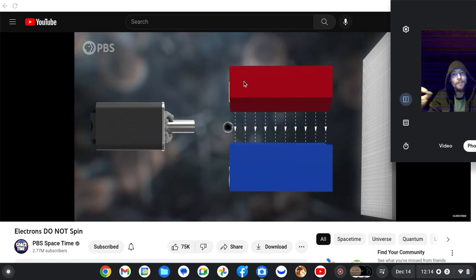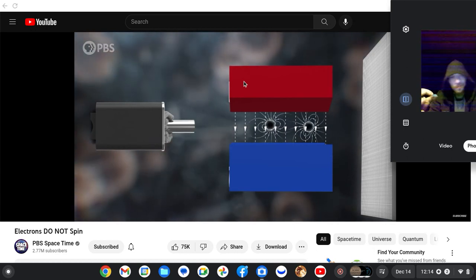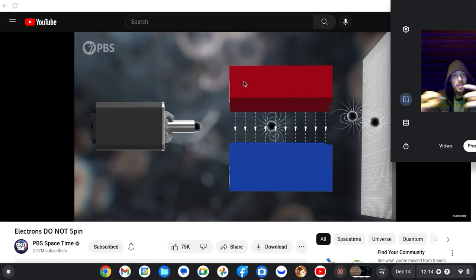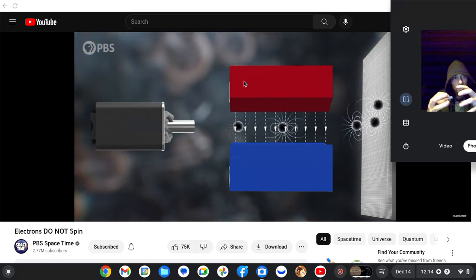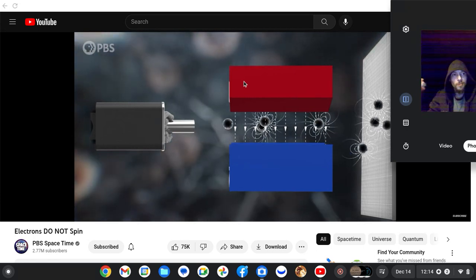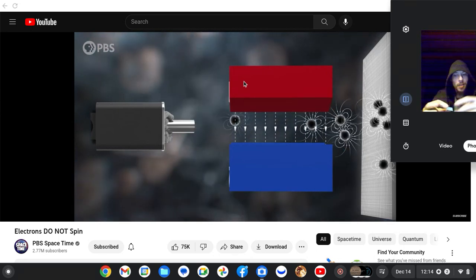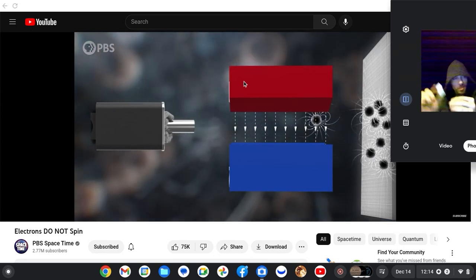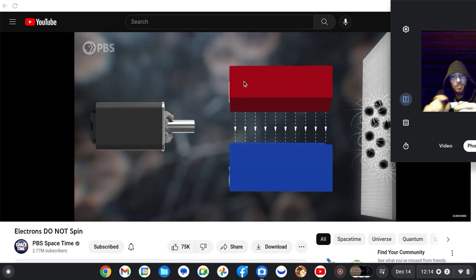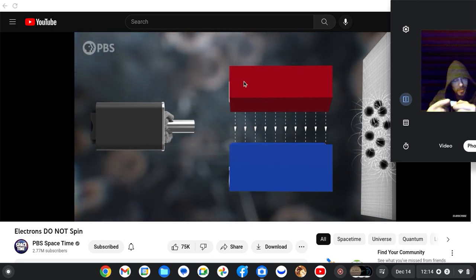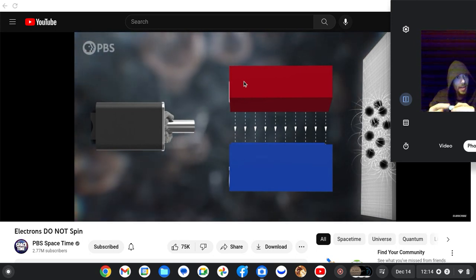So, from a stream of silver atoms with randomly aligned magnetic moments, you might expect a blur of points where the silver atoms hit the detector screen. Some deflected up or down by the maximum, but most deflected somewhere in between, due to all the random orientations. That is not what's observed.